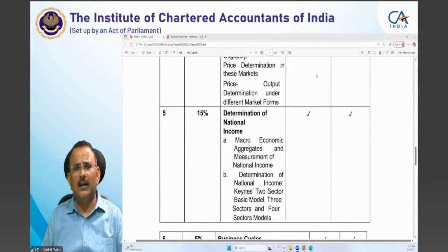Again, this is an important unit of your syllabus, where the calculation of national income, what is GDP, what is GNP, what is personal income, what is personal disposable income, what is private income; now all the formulas for calculating the different incomes are already given in your study module. If you see your study module, most of the formulas have been given at one place. So keep writing the formulas,